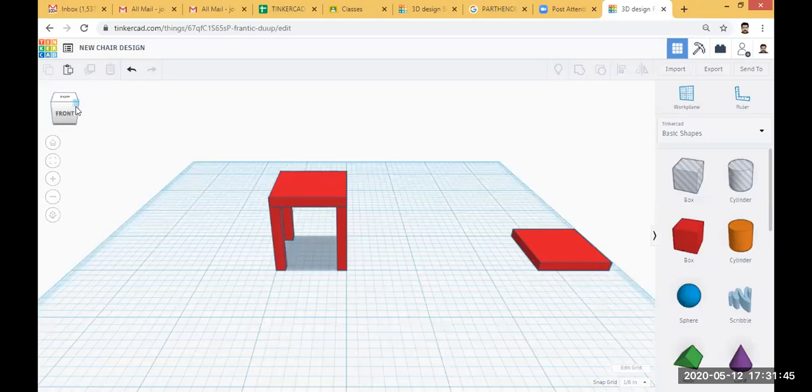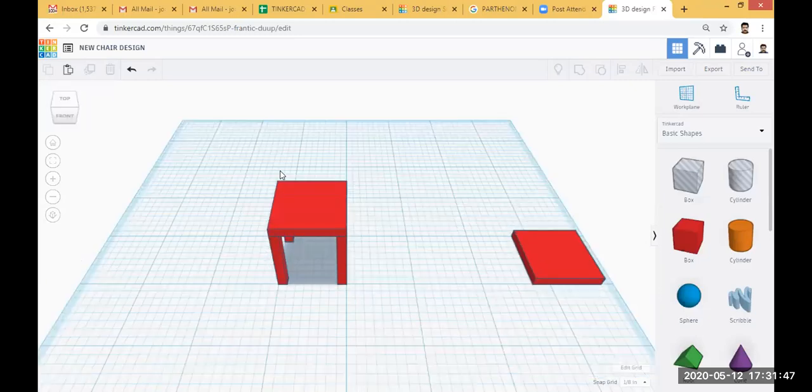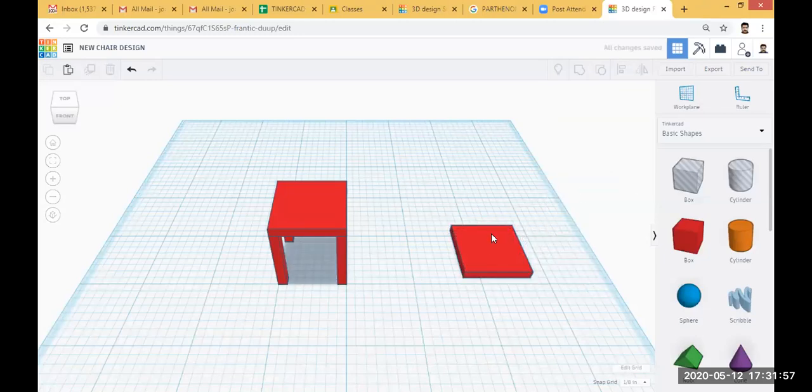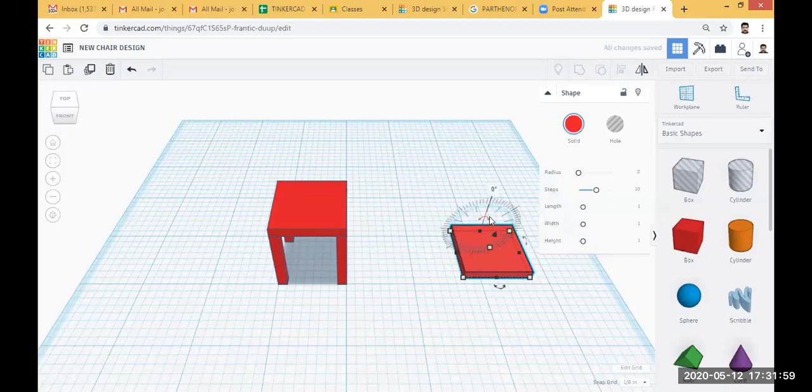Then you can place your back. Select this. First you have to rotate this through an angle of 90 degrees. Here you can see there is an angular icon. When you click that angular icon, you can enter the angular value. Here enter 90 degrees.